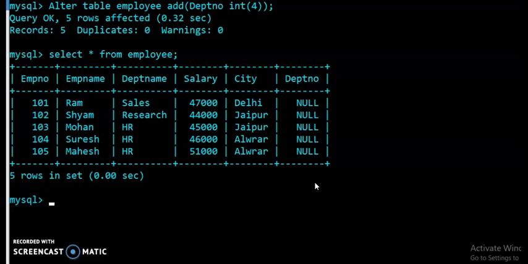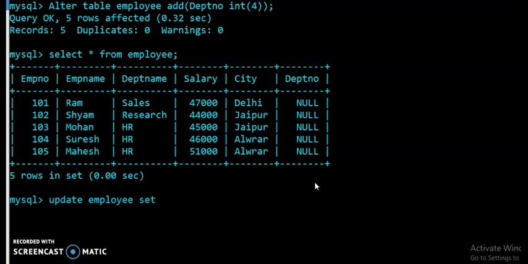We can't use the insert command, because the insert command is used to give the whole record, and here I have only one column of information. So if you want to make changes in an already existing record, which command do we use? The update command.